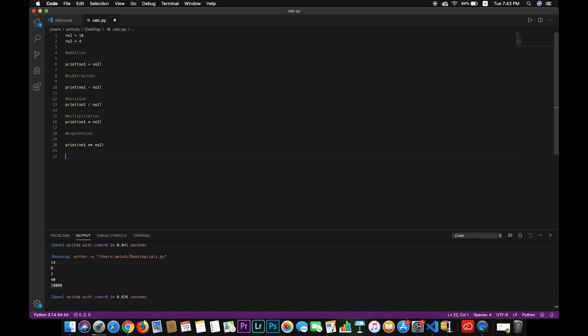Then I've got to show you what the modulo or modulus function is. In the modulus function, here we are deriving the modulus function from the percentage mark. When we apply the modulus function, it gives us the remainder of a calculation. For example, if we change the number